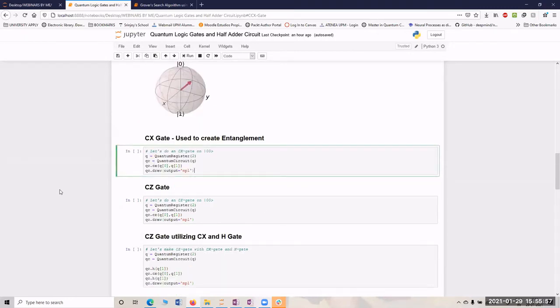CX gate is commonly used to create entanglement. And I didn't show you the